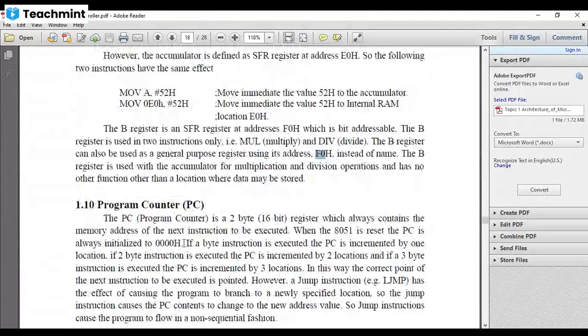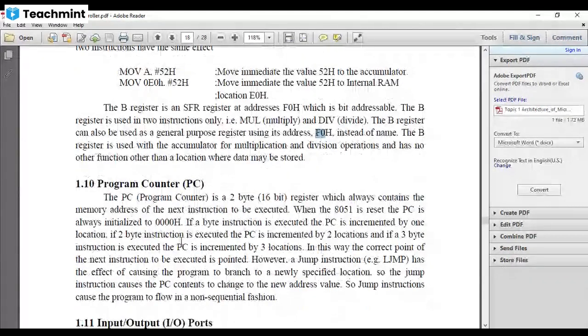Now the next is the program counter. If you have to see, this program counter is of the